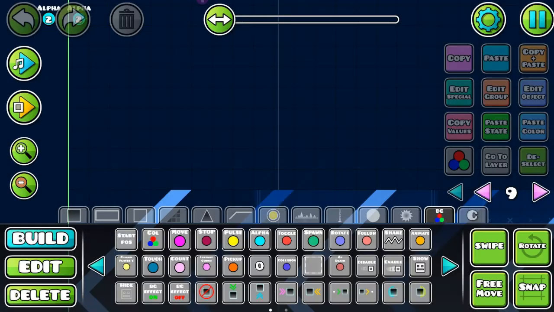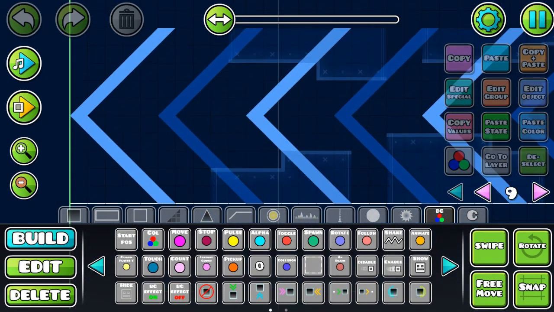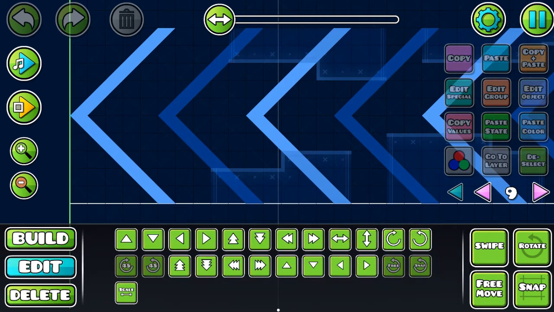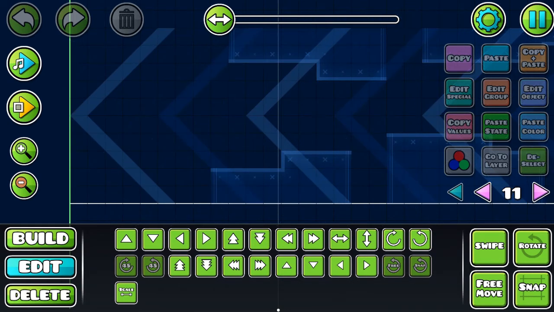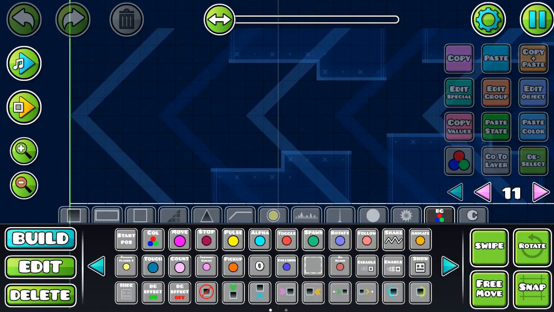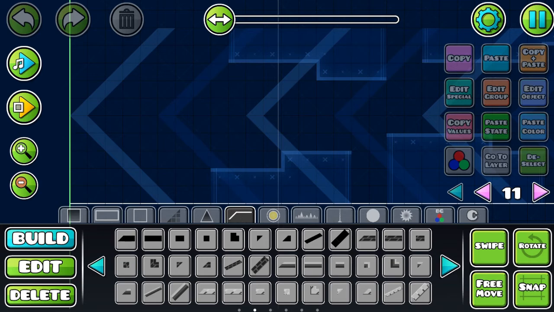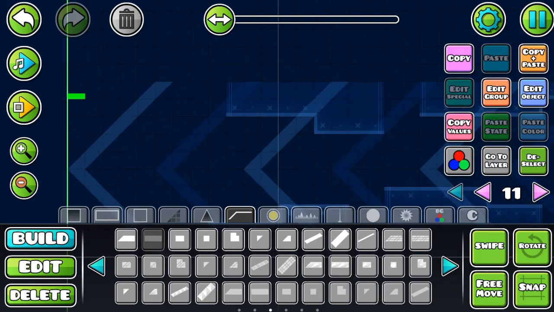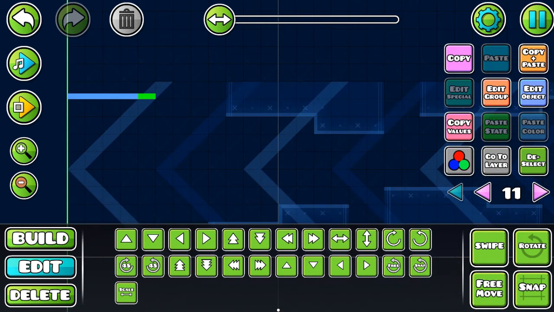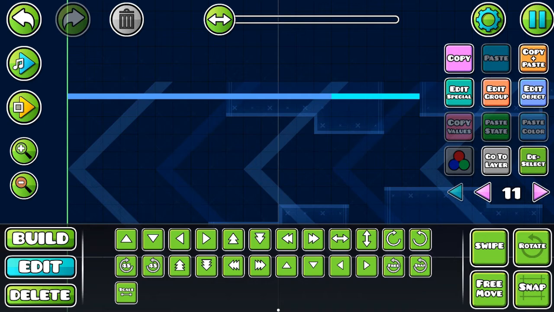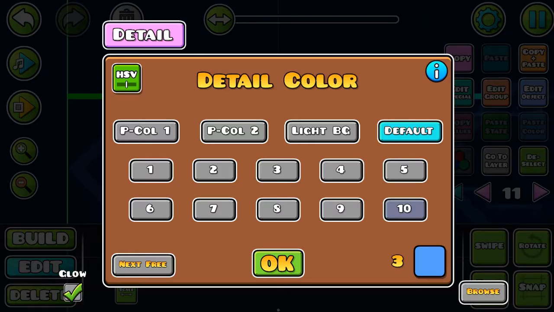Beautiful. Now the third part is the lines, which you will usually see on the arrows. I really can't remember how I did that, but I know that I used these 3D objects right here. Then make a big line out of these once again. Then select the whole thing. Then I added a new color channel